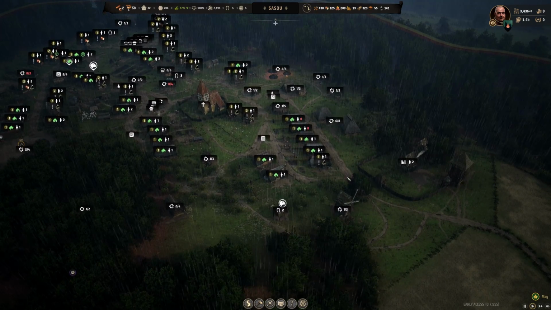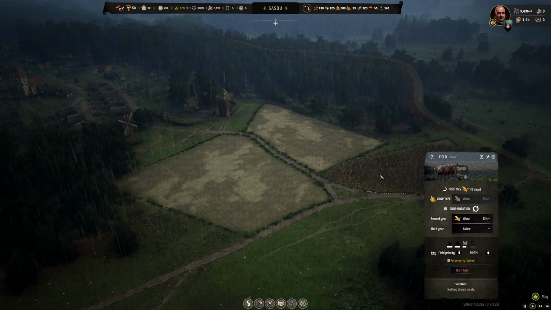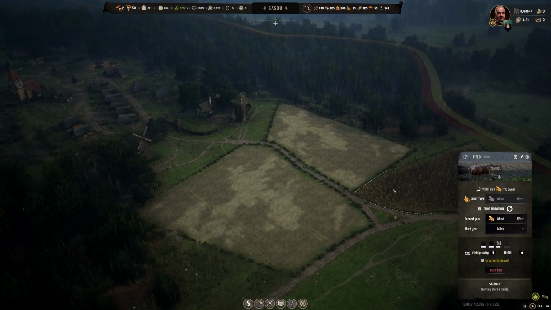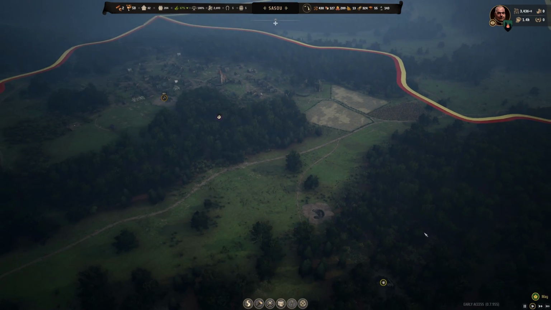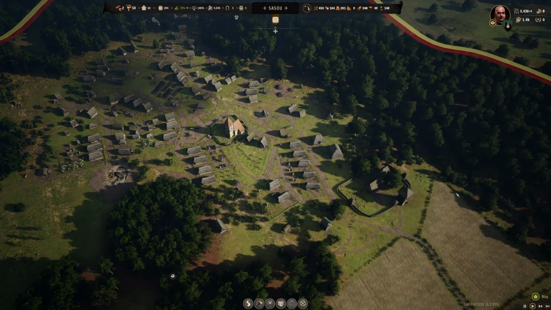Maybe I hadn't built it just yet, but I do have some farms going on, because even a terrible yield, if you have the villagers for it, will get you a bit of wheat for your bread making. One more thing to note here is that while I haven't been able to kill any